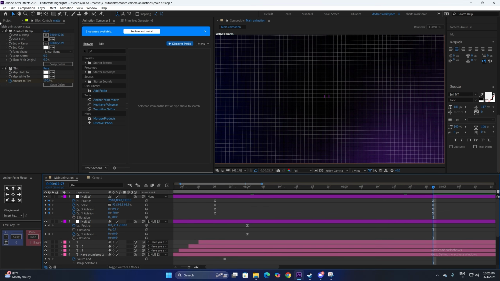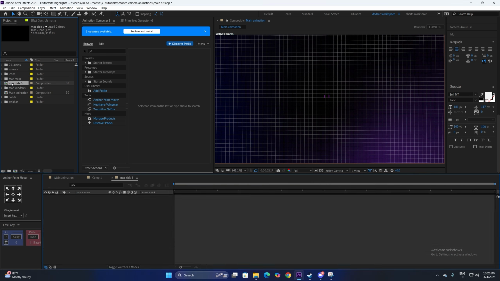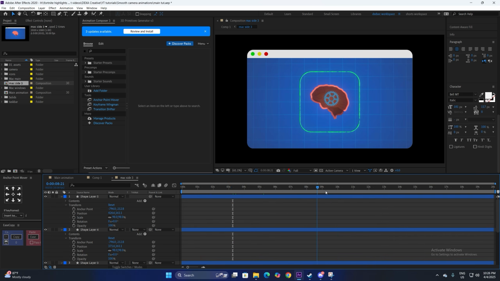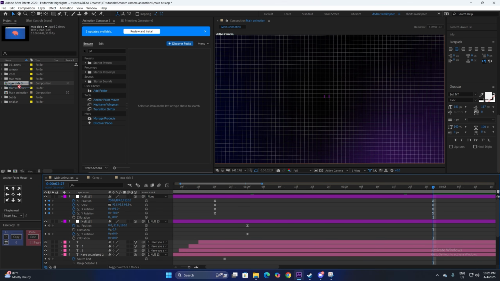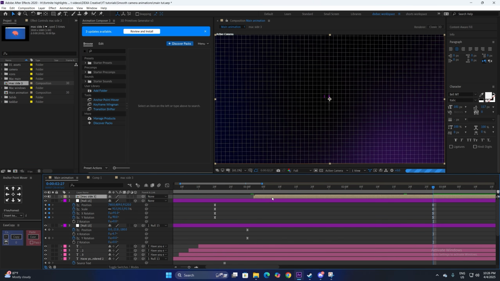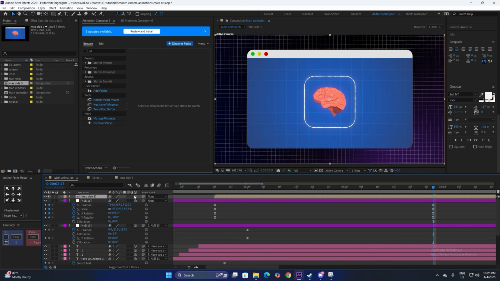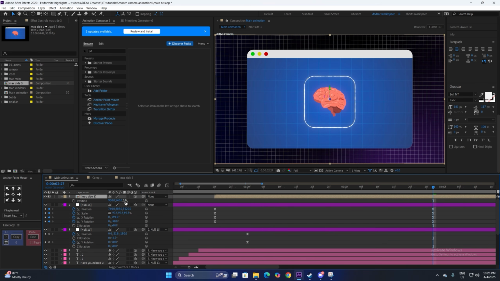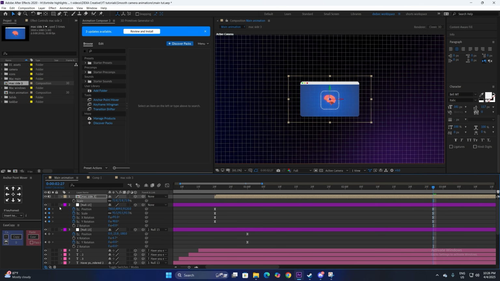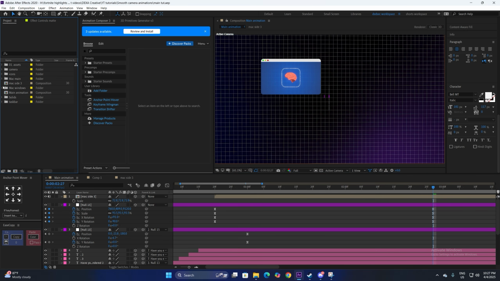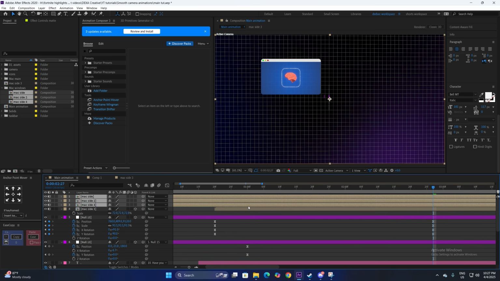Alright, the next step is to add the Mac tabs, and for that I have made these compositions with simple shape layers. As you can see, we have the windows, the icons and everything, and we are going to drop these compositions into our main composition, so something like this. And now we are going to make it 3D and just change the Z position so it is really far, and make sure to adjust the scale as well. Now I'm going to drop the other sides as well, something like this,